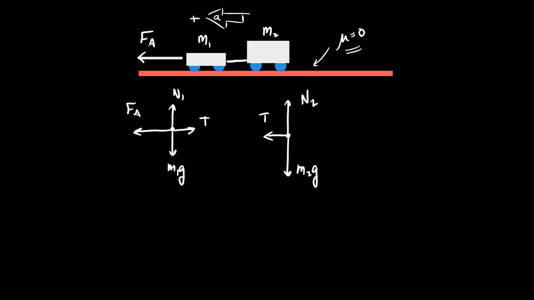So from here on out, the problem still proceeds the same way. You have two different objects, so you're going to set up a couple of force equations. I don't think the y direction is particularly interesting if there's no friction, so we could probably ignore it here. So I think net force in the x direction here will be equal to m1a. Be careful. Notice you need to make sure you identify which mass it is that you're applying Newton's second law to. So I'm applying it to m1. And for m1, there are two forces that act on m1.